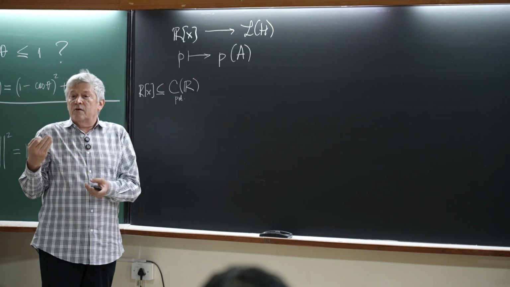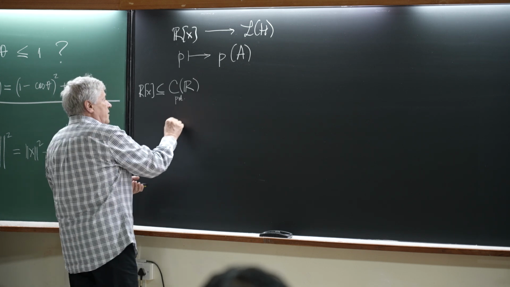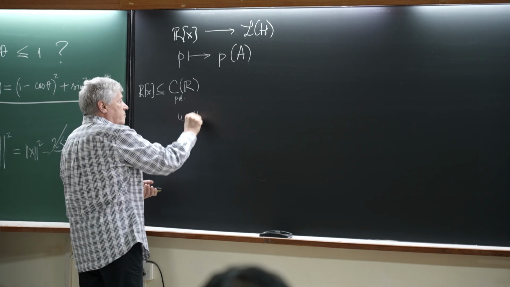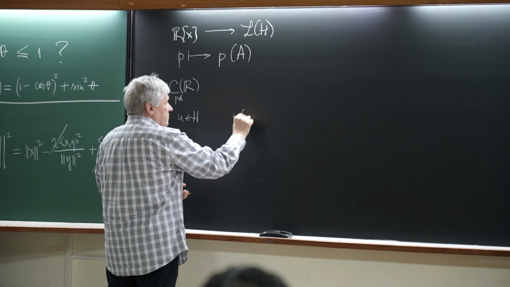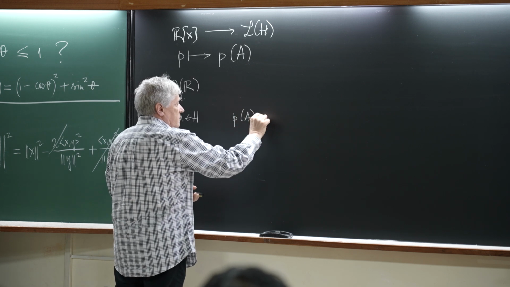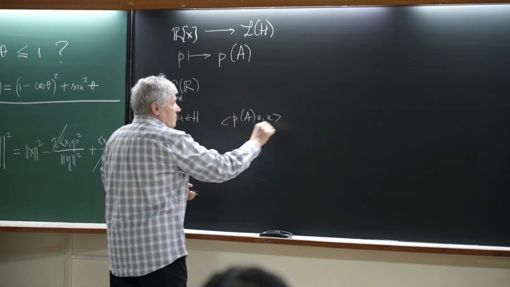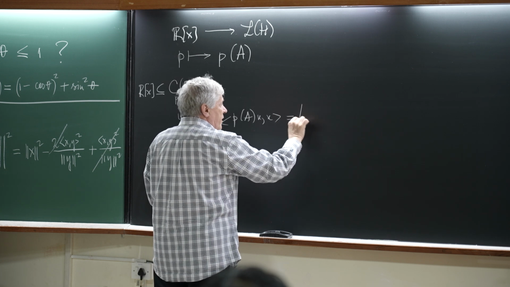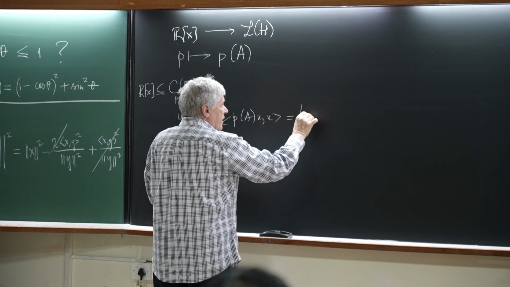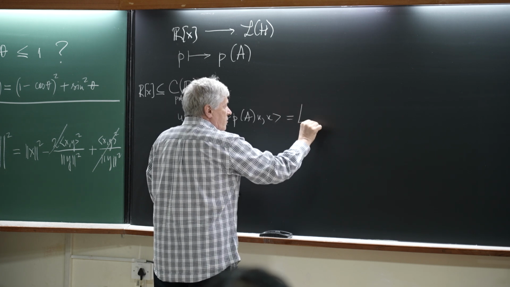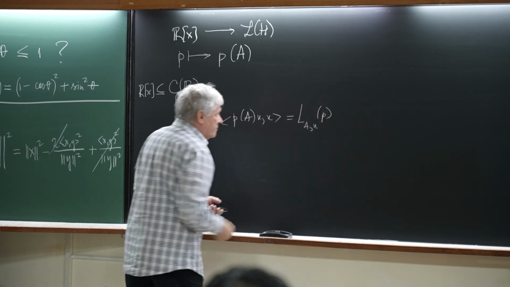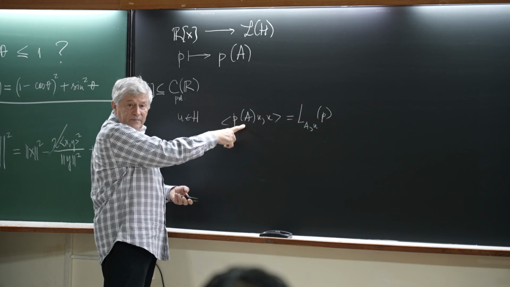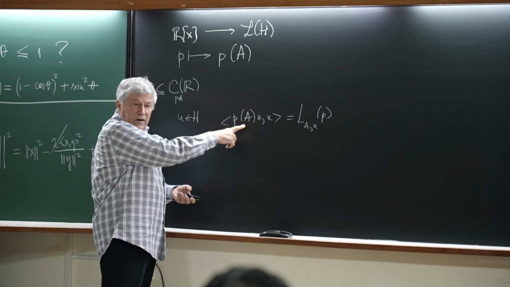Well, it is the construction of the integral. Fix a vector u and look at this functional. Let's denote it somehow, L, which depends on A and u, applied to P. Now this is a number. Linear,